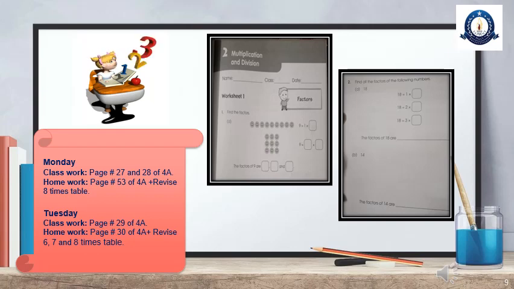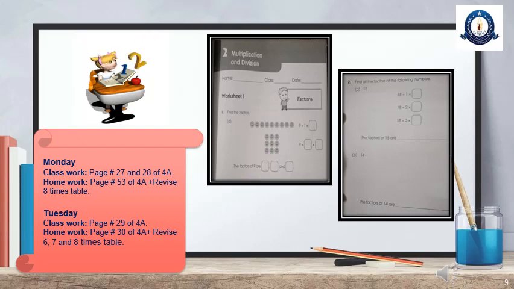Question number 1 is find all the factors of the following numbers, and the numbers are 72 and 96. You will find the factors of 72 and 96. Question number 2 is what are the common factors of 27 and 81? First you will find the factors and then you will find the common factors. You will circle the common numbers. This page you will do, and both the concepts we have done in the last slide.